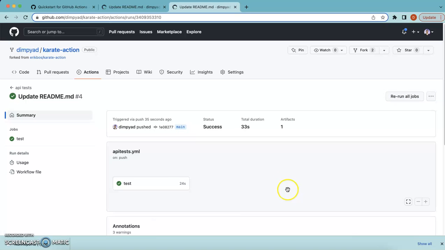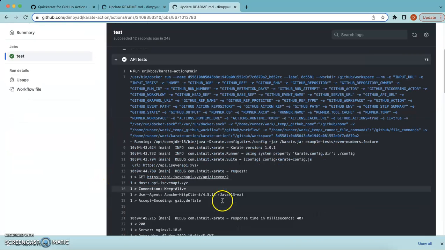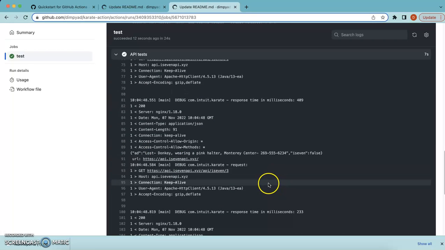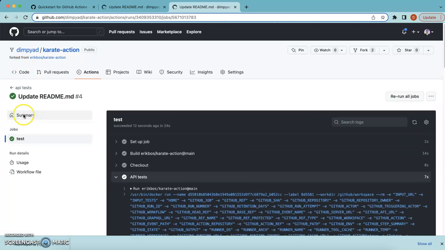So it's done. Again, this is a simple one, so it didn't take much time. Then you can click on the job, and you can see your API test has been executed. You can see the console logs here, like to test, right? So the test passed, and reports are generated. And if you come to the summary,